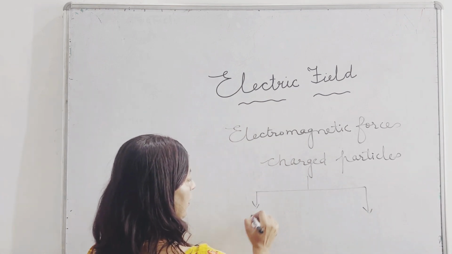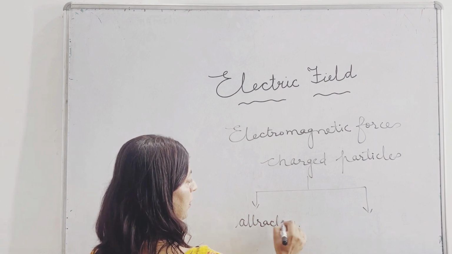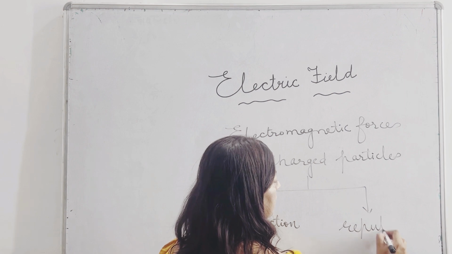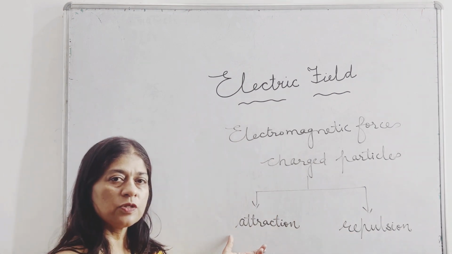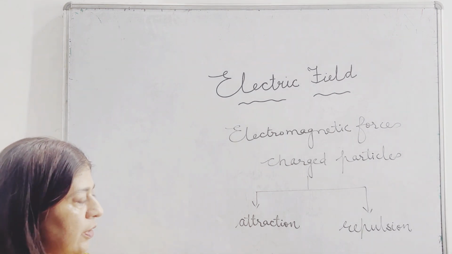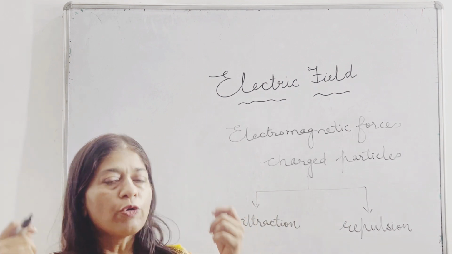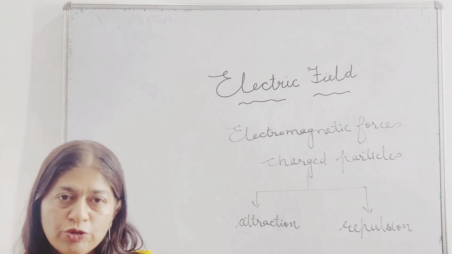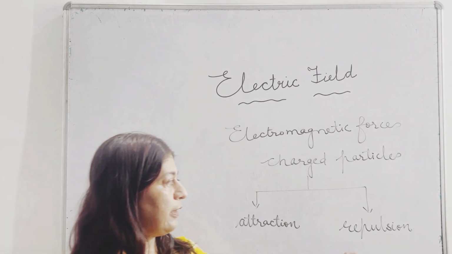undergo attraction or repulsion. Attraction is between the opposite charges, and repulsion, for example, I have taken two rulers or two glass rods or two rubber rods. If they are rubbed together and the same material is brought close together, then they will